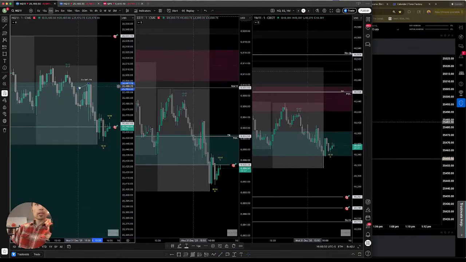That's the SMT. YM made a higher high, a lower low here, and then ES and NQ made a higher high. That's the SMT that brought us lower. That caused a reversal. So